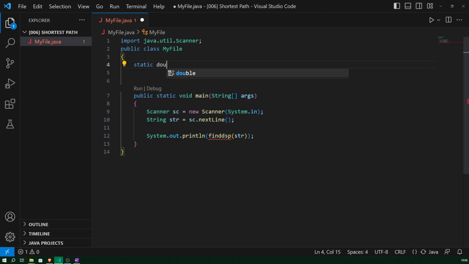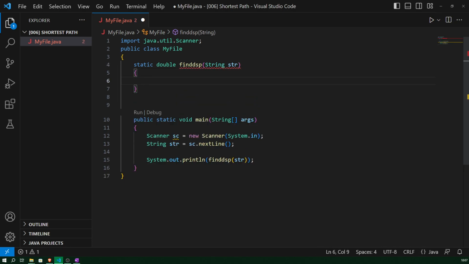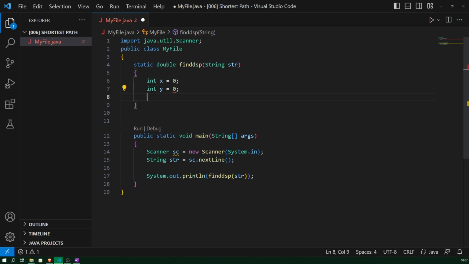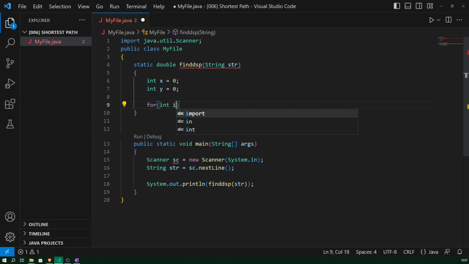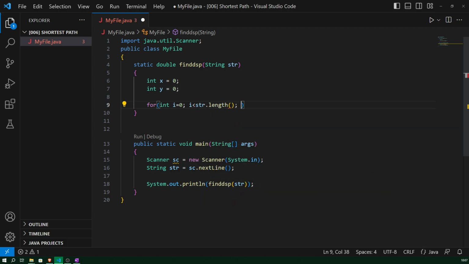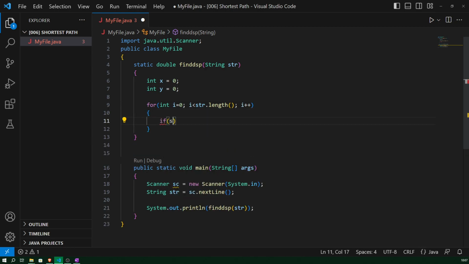So static double findDsp, string str is the parameter passed, and now we will write the solution. It's quite clear. We will declare 2 variables, int x is equal to 0 initially and int y is equal to 0 initially. Then for int i is equal to 0, i less than str dot length, i plus plus, and if str dot charAt(i)